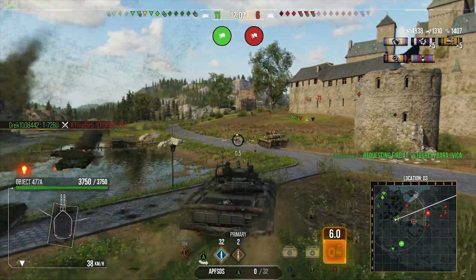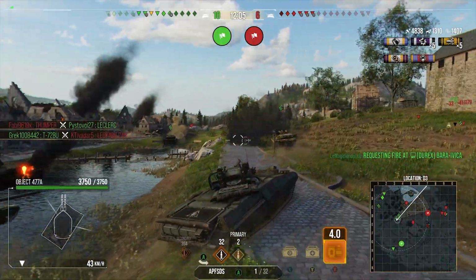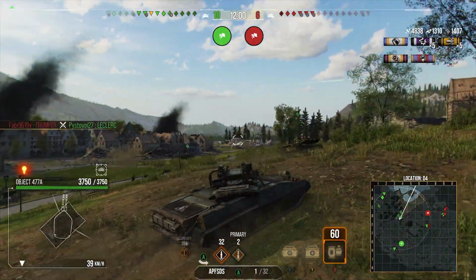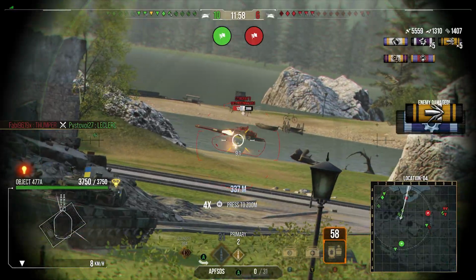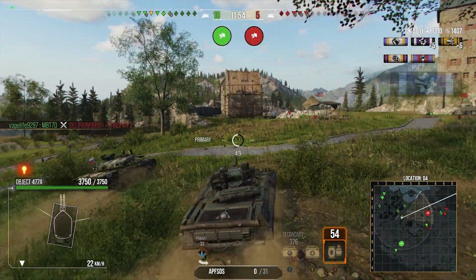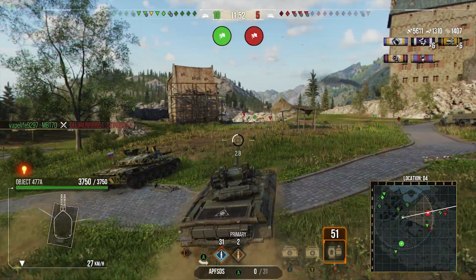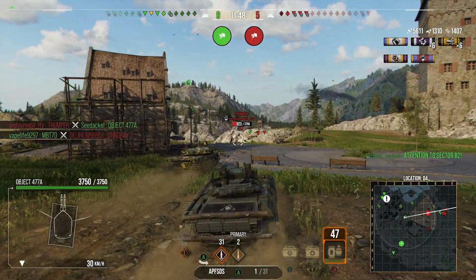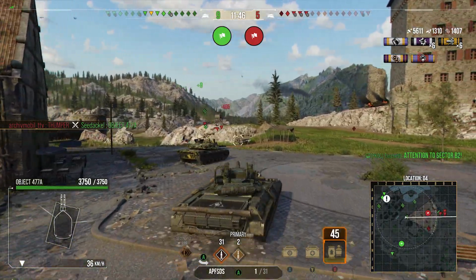Up to 4.8k damage with 1400 assistance, and now this light tank is doing... well, he's trying to go to my island, and we don't allow just anyone to go to my island. So get out of here, sir. You're not allowed over there. There's a big rave going off, and you're not invited. We get rid of the Stingray, and now we're going after what is left of the enemy team,